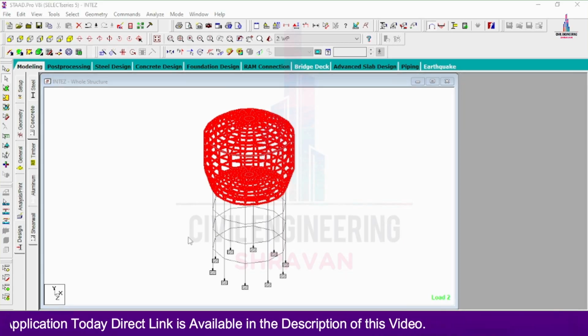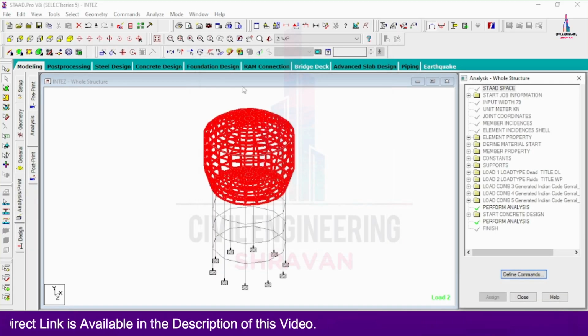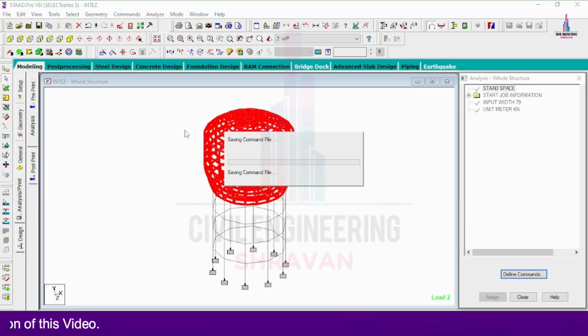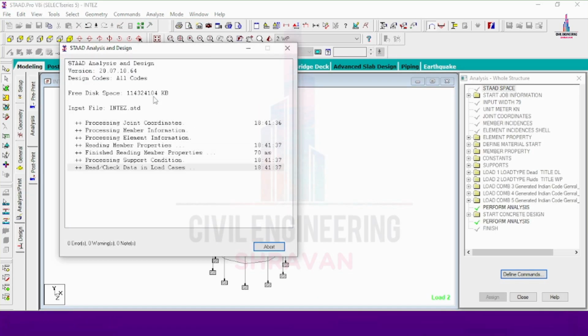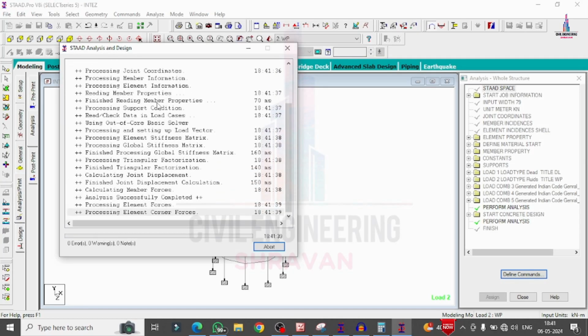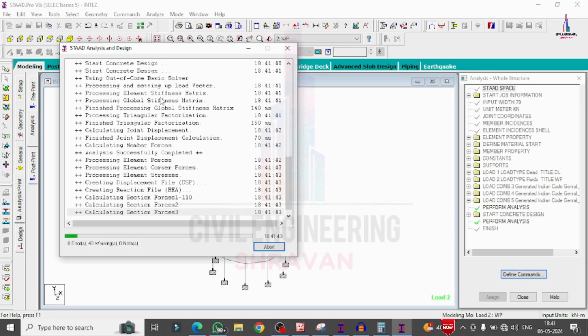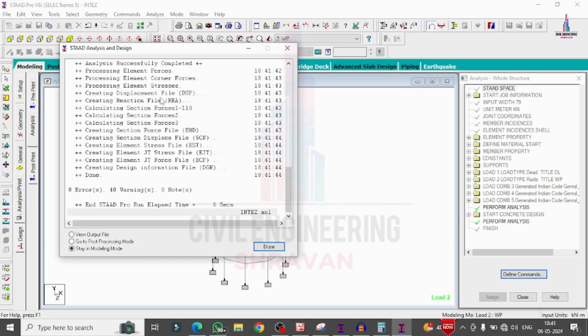Go to analysis and print here. Add no print again. Close option here. Again analyze option. Run analysis. Save here. Here we have to check for zero errors for this model as per the design considerations. Here you can see zero errors were observed, but 40 warnings were obtained. You can decrease the warnings by increasing the dimensions of the members.